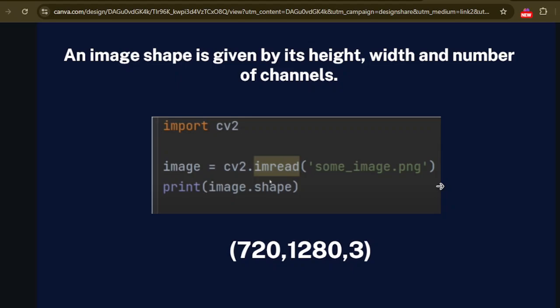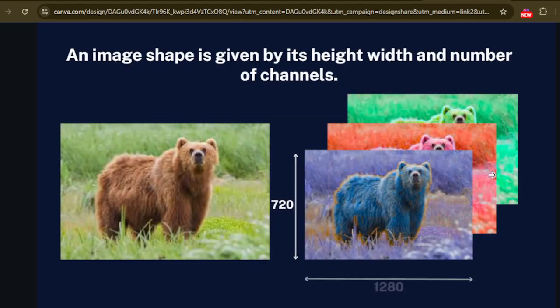The image shape, if you try to print it, is given by its height, its width, and the number of channels. So the first parameter that you see over here is the height, then the width, and then the number of channels. You can print the shape using the dot shape attribute on the image. We will talk about the coding in later lectures, but today our main focus is to understand what images basically are.